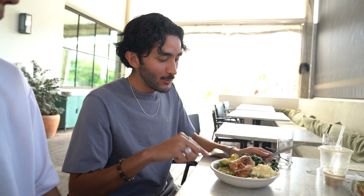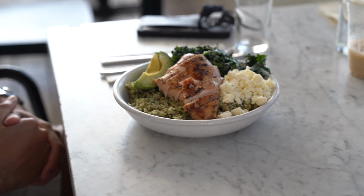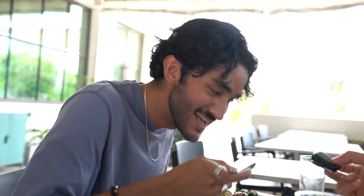What's up, guys? Right here we have the pesto rice bowl with a chicken breast slapped on top. I've actually had this one before as well. It's been extremely good, so let's hope they kept the same recipe. No chicken, but some good rice. 8 out of 10. Maggie got the same thing as my brother did, but she's gonna try the fries live